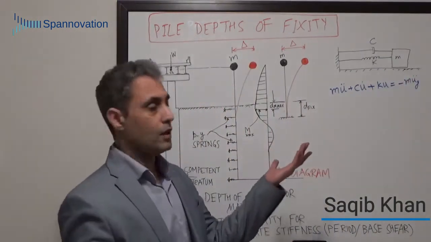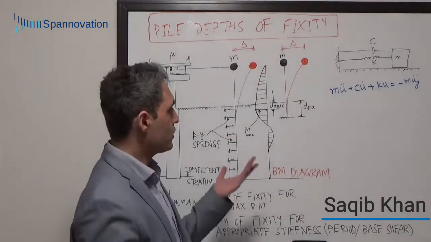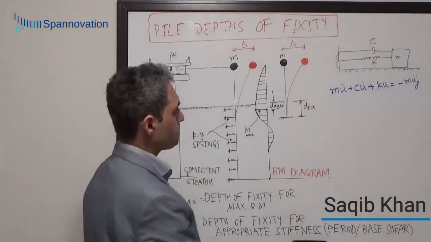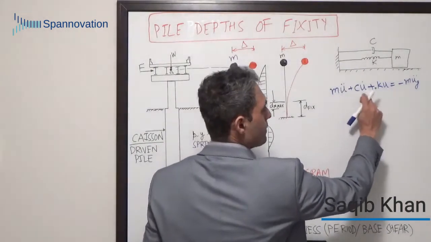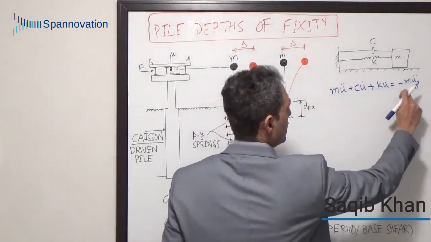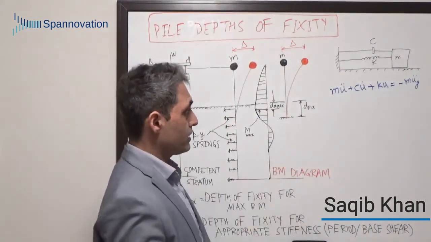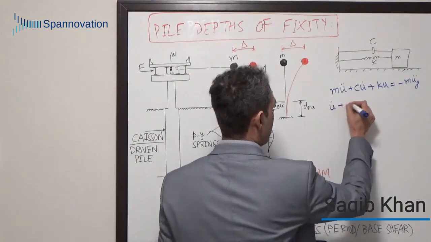A lot of you will have already seen it. I will derive it at some point in one of our courses just to build from the bottom up, but let's just see that you have the inertial component, you have the damping component, and you have the stiffness component, and that's equal to m u_g, which is the force due to the ground acceleration. Now I can divide both sides by m,